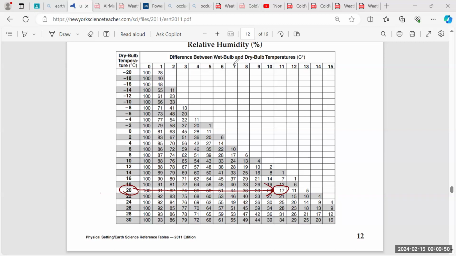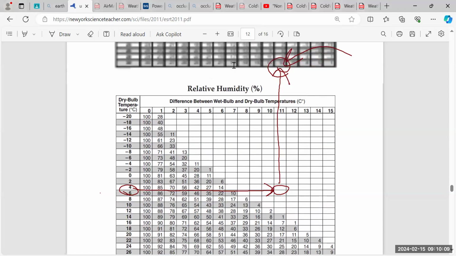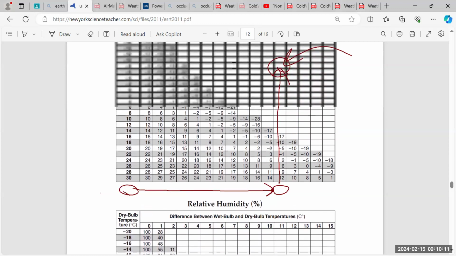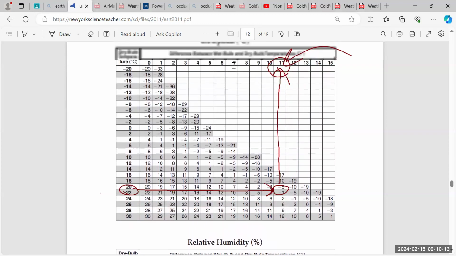By knowing the dry bulb and the relative humidity, I'm able to find the difference between the wet and dry bulb, which is 11 degrees Celsius. Why is it important that I found this number? Because now that I found that my difference is 11,